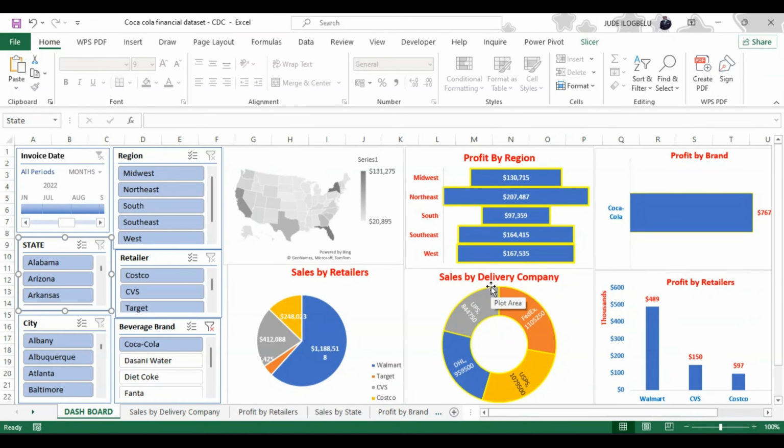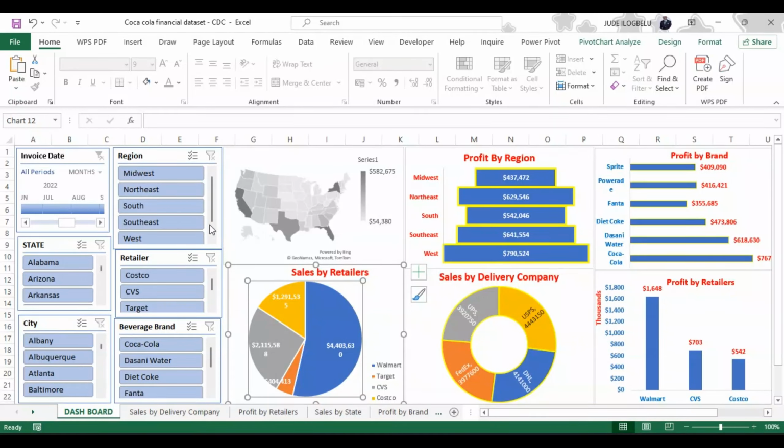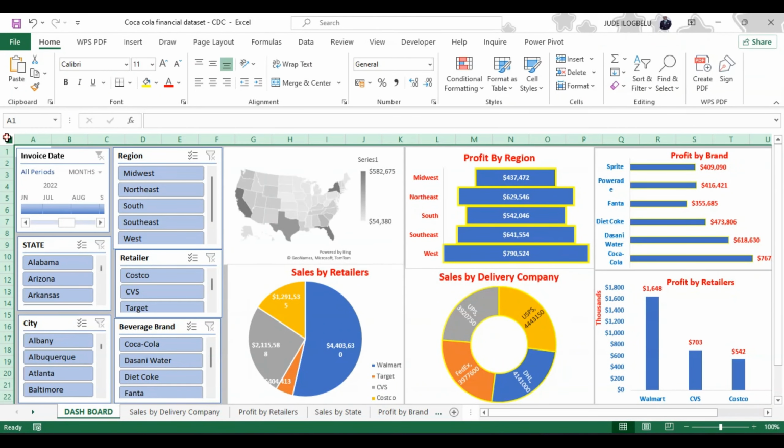Maybe I can increase the size of this a bit to capture more details. So we can do further things here. After we have done this, the next thing we can do is to